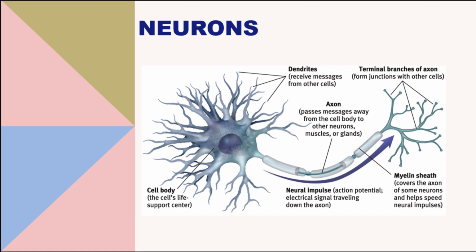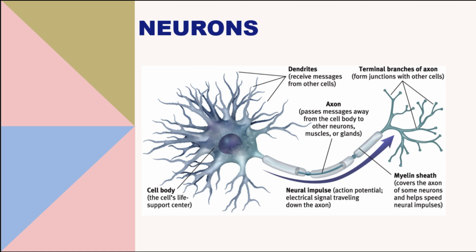The axon is a long, thin, and cable-like projection that extends from the cell body. It is responsible for transmitting electrical impulses, known as action potentials, away from the cell body and toward other neurons or target cells. The axon is insulated by a fatty substance called myelin, which helps speed up the conduction of